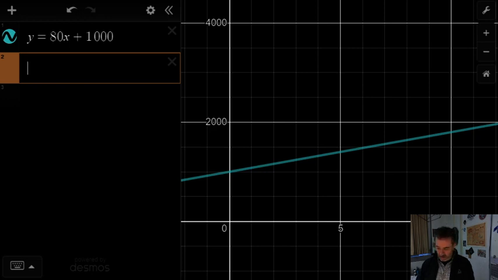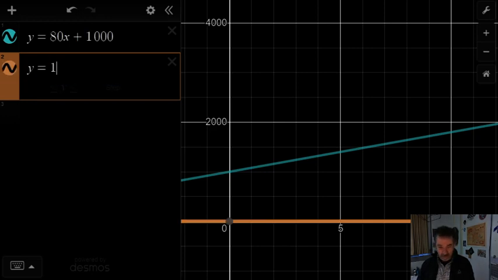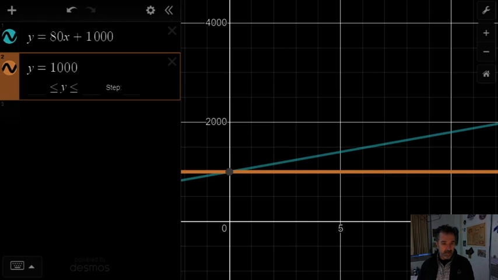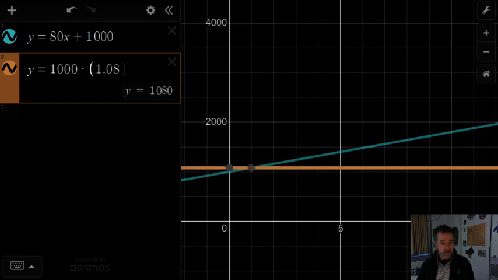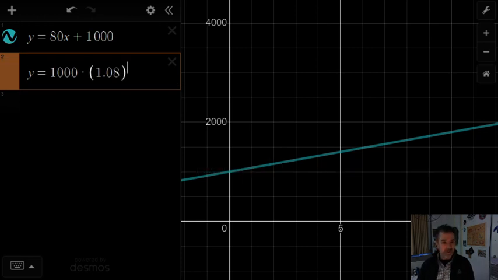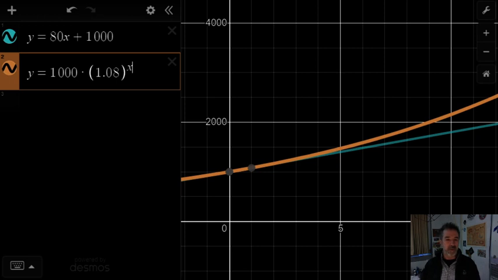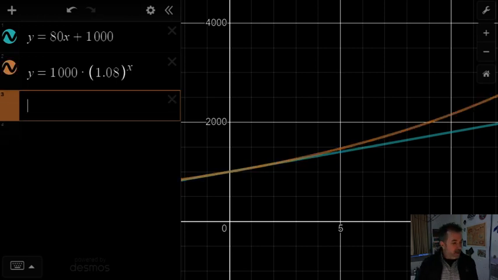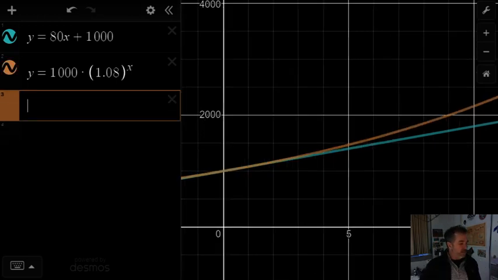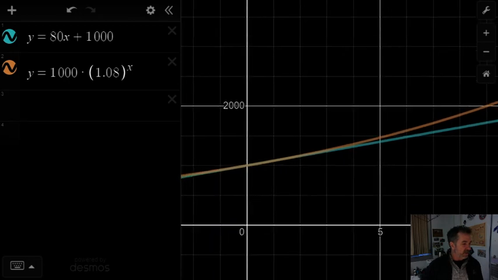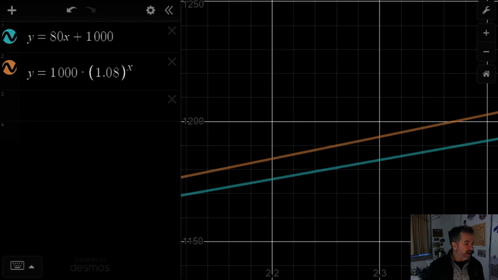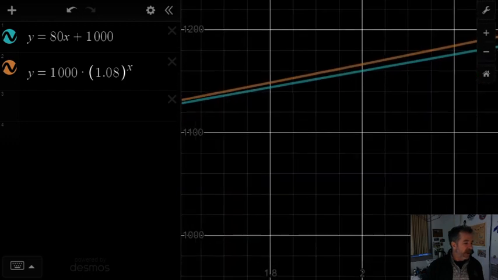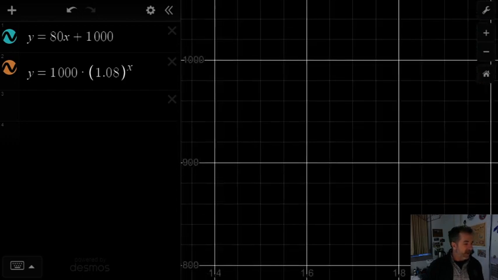So I'm going to use y again. y equals $1,000. This time we're going to be multiplying it by 1.08 raised to the x power. So initially it's pretty difficult to see the difference, especially at this scale. But if you do zoom in enough, you do start to see that, oh yeah, it is deviating. And in fact, at the end of that first year,